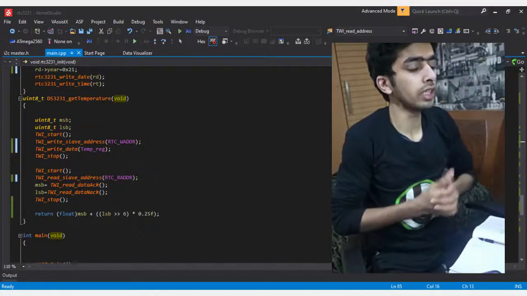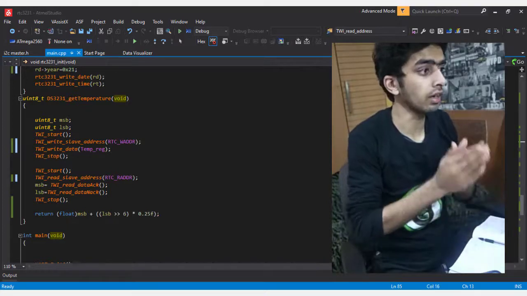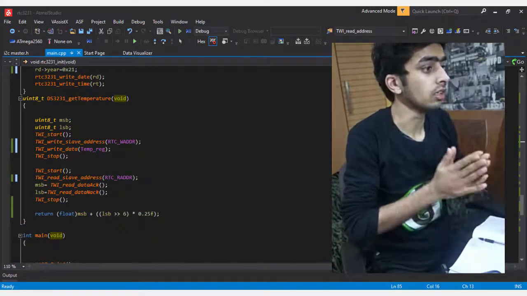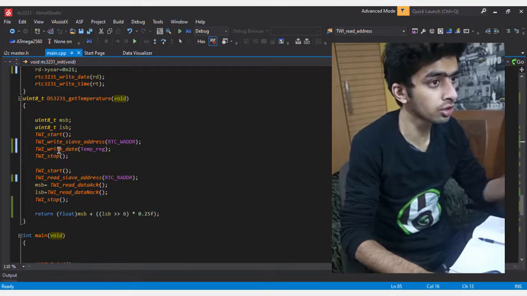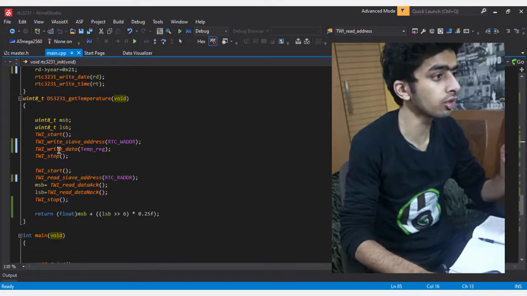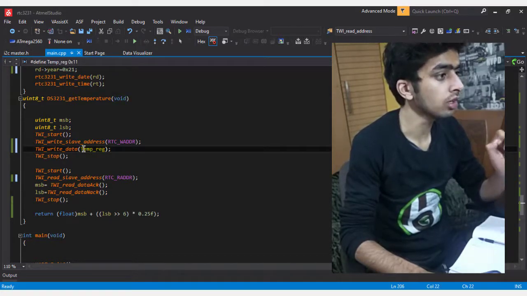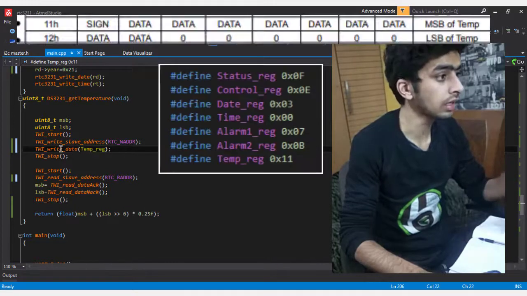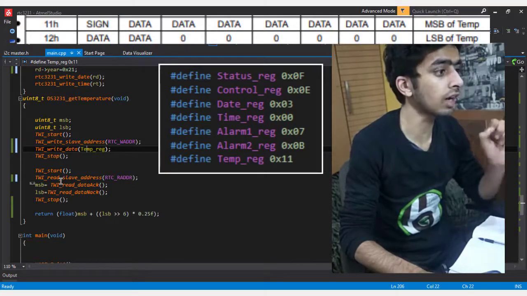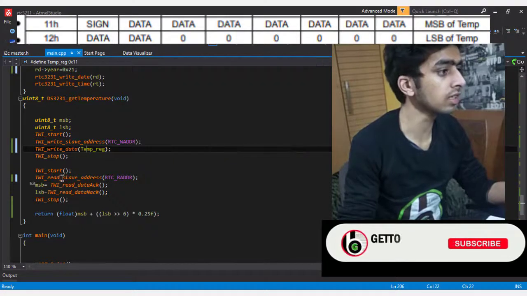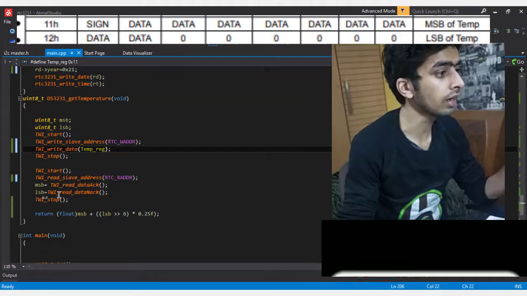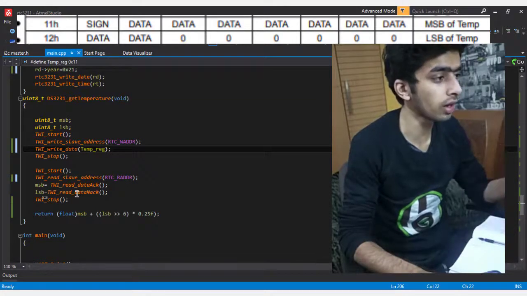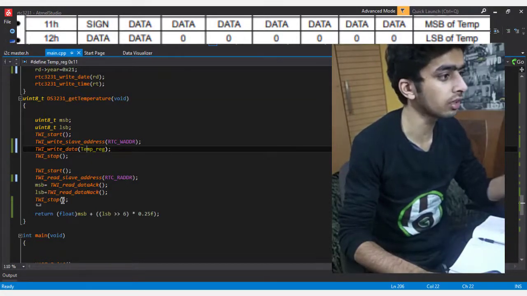And now coming to the temperature register, which is inbuilt in our DS3231 IC. For that we will just simply first write the address of the memory register of the temperature, which is 0x11 and 0x12. So first we will mention 0x11 in the write mode, and then we will start another I2C session and start reading the data from 0x11 and store it in the MSB, and then the next address 0x12 and store it in the LSB, and then the stop signal.